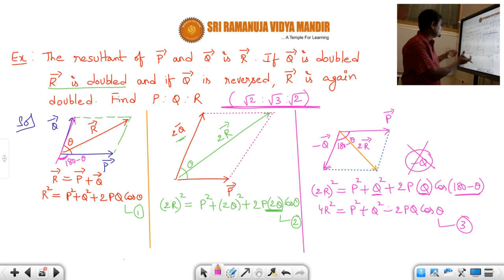Basically what I am trying to do here is how to apply that formula, that's all. How to apply that concept, how to understand what is meant by if Q is reversed, R is doubled and all. That's what I am trying to explain. After that it is just mathematics only. You have some equations and you are asked to calculate the ratio of P is to Q is to R. Okay, so I hope you understood this one. So this also you can do as homework. If you don't get it, you just ask me again. The concept I explained here is this much only. After that it is just a manipulation of 3 equations, students, that's all.